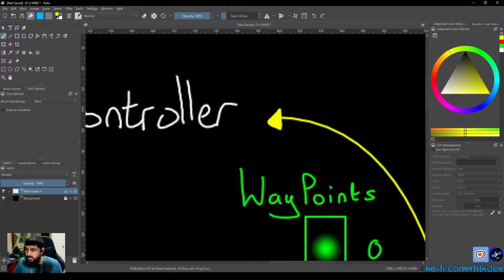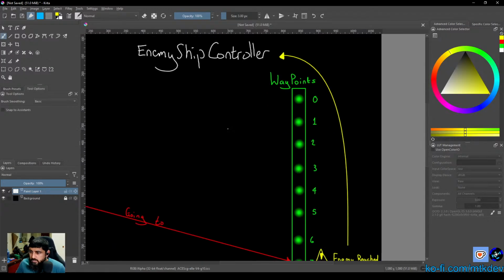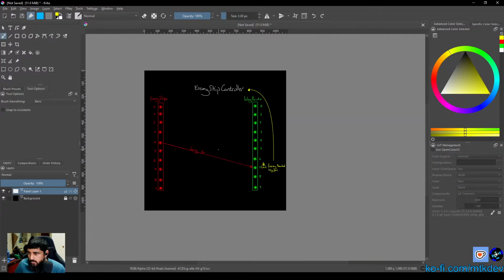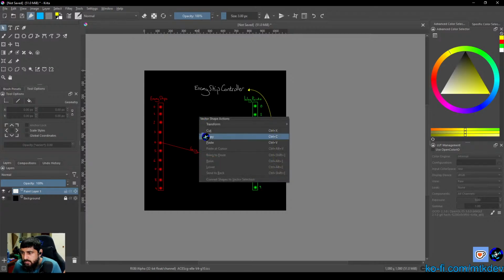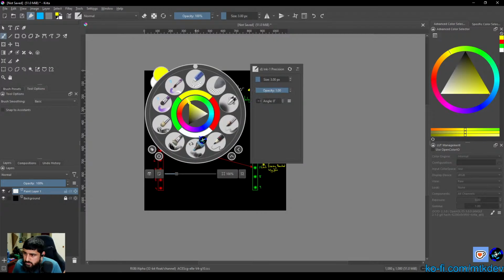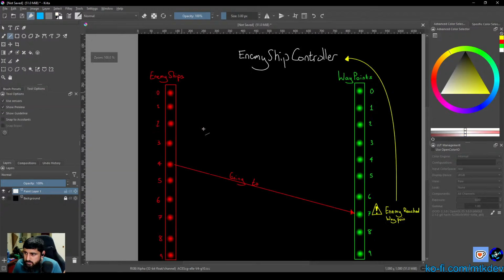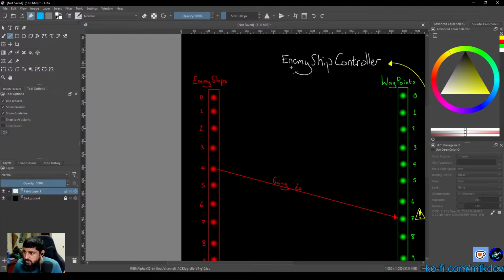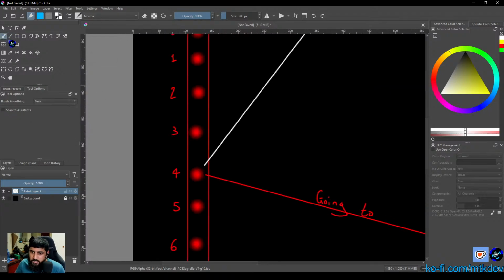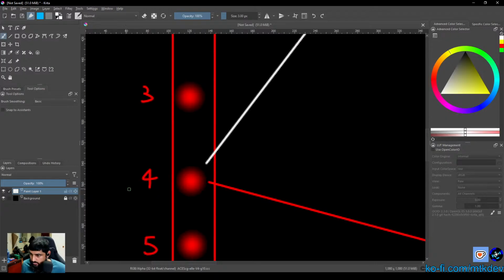So what I'm doing is I'm drawing out a scenario where we see the full process, right, of all the signals that are going on. So the enemy ship controller should signal to the waypoint. So let's do that. We'll draw an arrow from the enemy ship controller to waypoint 4. Enemy 4, sorry. I keep saying waypoint. So it should go to enemy 4 and say